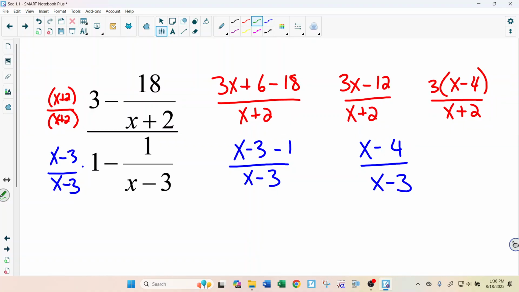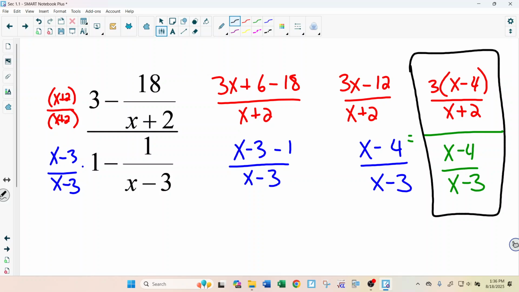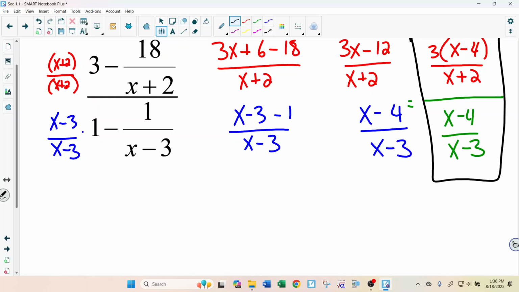Now, once we get there, we can then get our fraction over a fraction. And once you end up with a fraction over a fraction, you can now do the next step, which is dividing fractions: you want to flip and multiply. So we flip the bottom